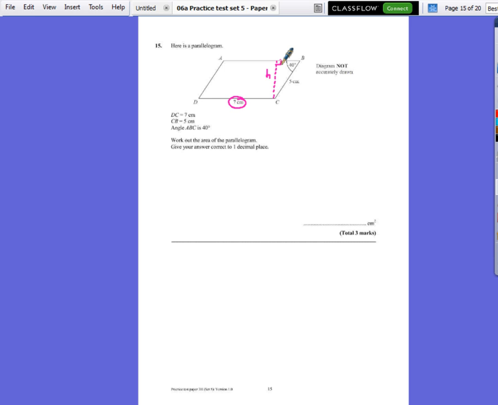of 5. So in that triangle we have got the hypotenuse, and we'll call this the opposite, even though I've called it the height so far. So if we've got the opposite and the hypotenuse, we're going to be using sin. So sin 40, using trigonometry, equals the opposite, which we called h, over 5, because we're after the height. Rearrange that, we need to do 5 times sin 40 to work out the height,